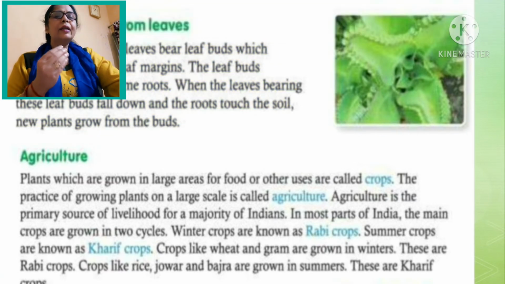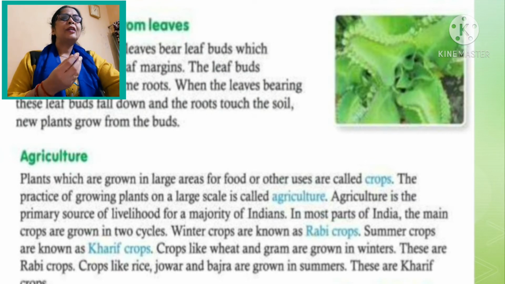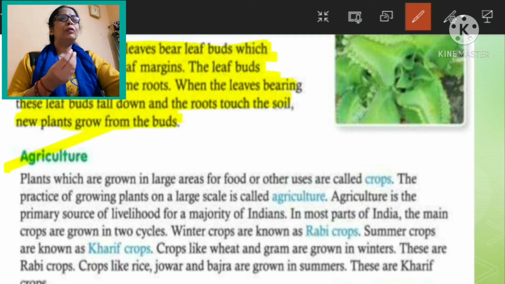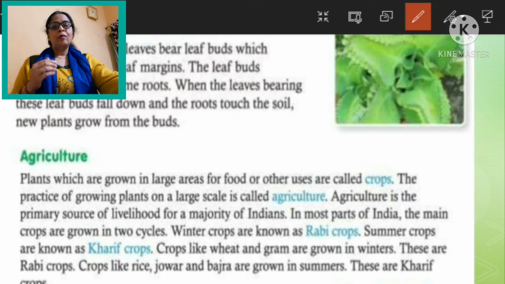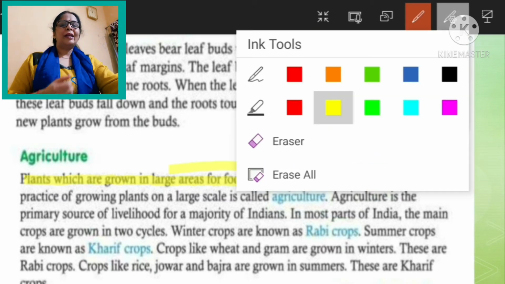First, from the underground stem: you can see that ginger and potato can grow through their underground stem. Now the stem cutting method. Many plants like rose and money plant we can grow by the stem cutting method. We cut their stem which contains at least one or two nodes, and through their nodes a new plant can grow.